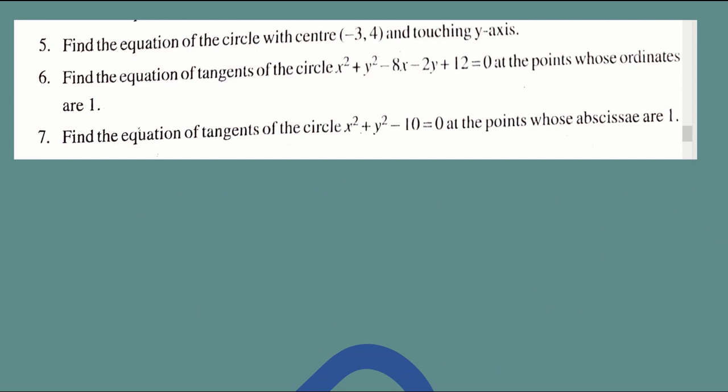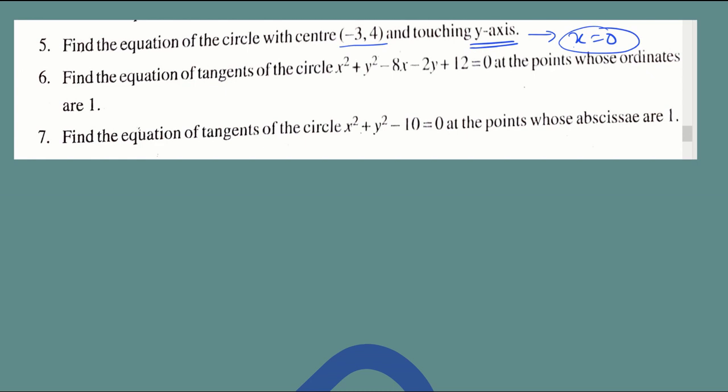This fifth problem we can do in 2-3 different ways. One way is seeing it as the fourth problem above. The equation of the y-axis is nothing but x equal to 0. In the above problem also, he gave a center and a line equation, then we found the equation of the circle. A line touching the circle means a tangent equation he has given. So it is the same thing even here, and you can do it on the same lines.